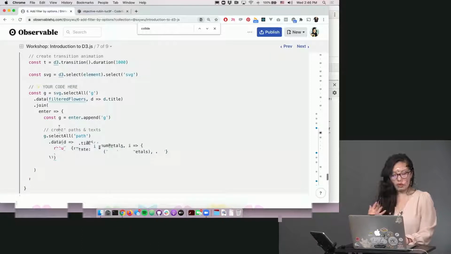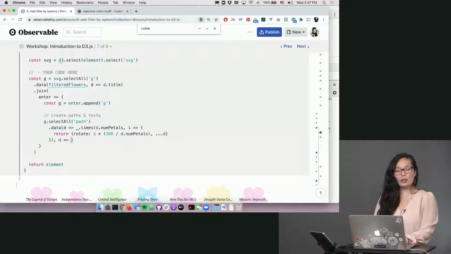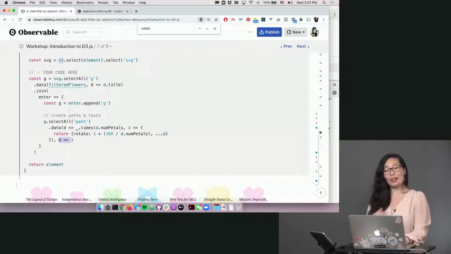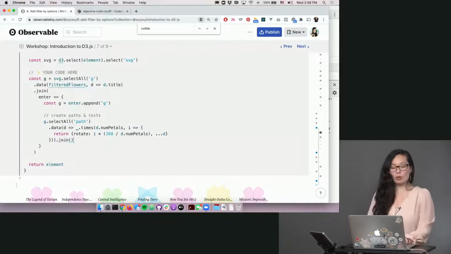in the function to create our data array. We can certainly pass in another function that maybe says like maybe it's just the maybe it's the rotation, or yeah, that's a bad example, but it really is that we don't need it for our petal paths. But if you find that you need to be able to distinguish your children elements also, then you can always pass in another key function after this first function. We're going to call